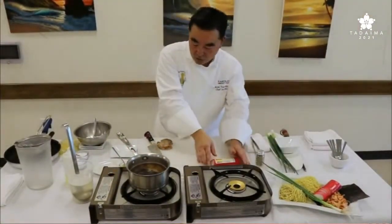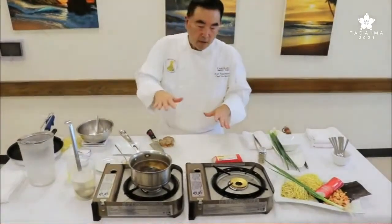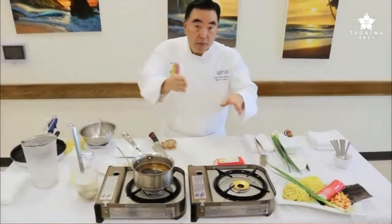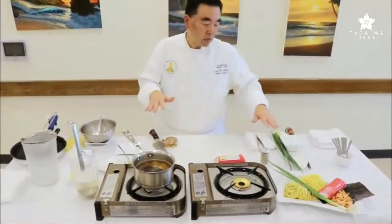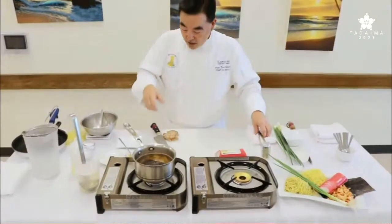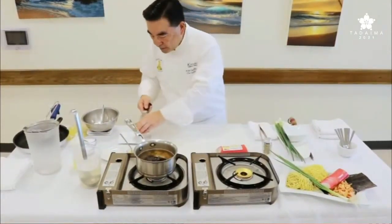We're going to slice this up for you soon. We have some eggs that are going to be making a kind of like an omelet, a really thin crepe, and we're going to be cutting into really thin strips, and that's going to be for garnish. We have some green onions here that's going to go for garnish, and we also have this pork. So now the pork here that we have,